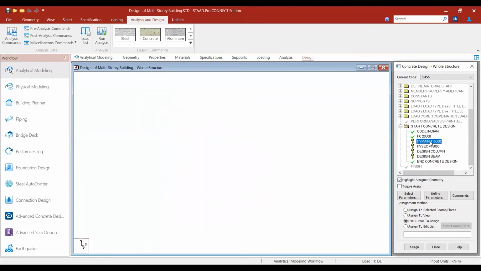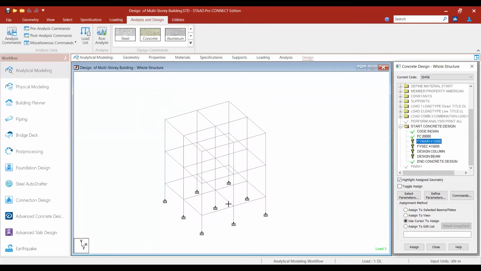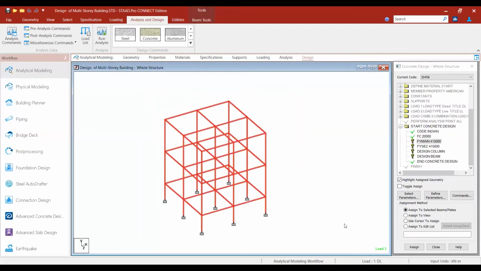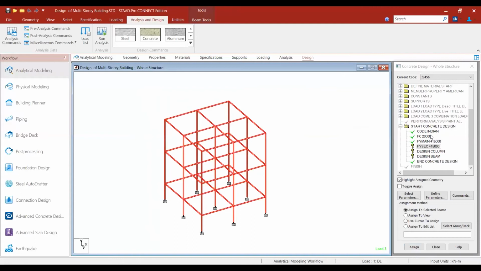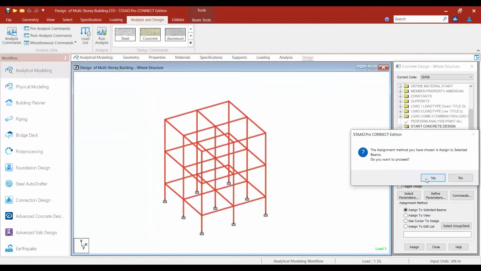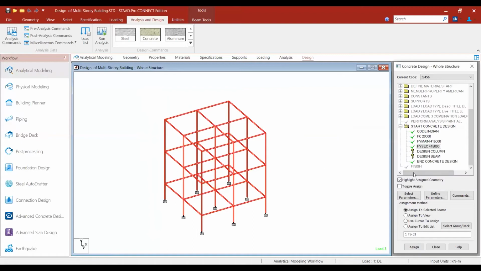Next is Fe415, whole structure same, assign to selected beams. Next is FY secondary, also whole structure same. That also we have selected.